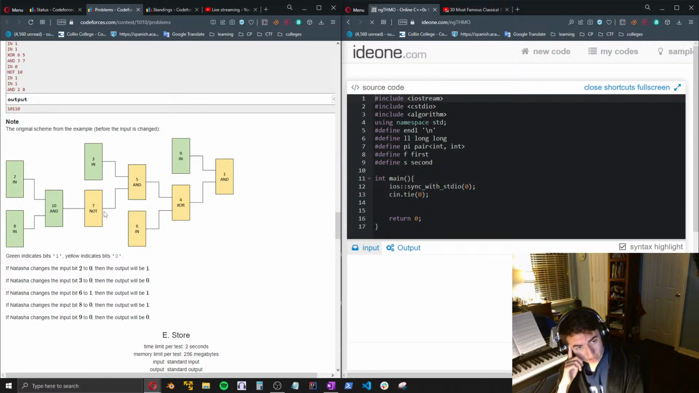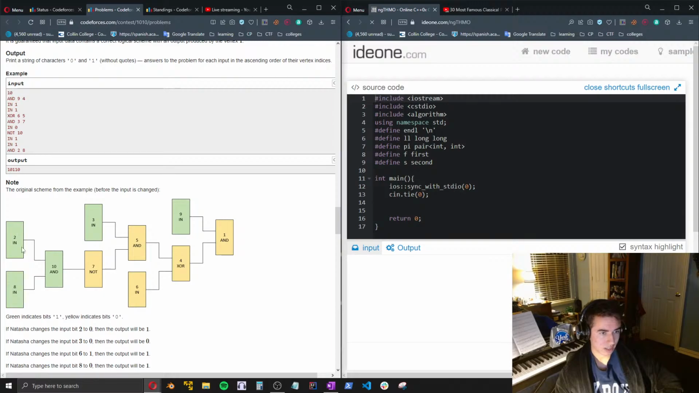So the question is, we know that we can calculate the original output value in O(n), right? Just by DFSing the tree and then doing the operators naively. However,